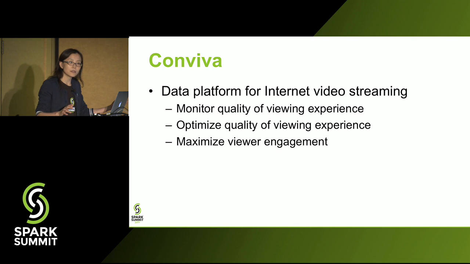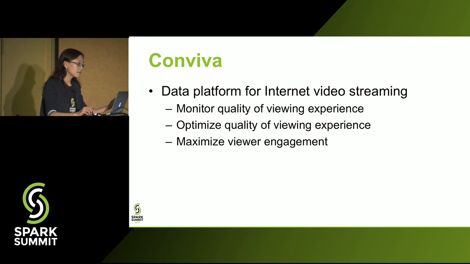As just mentioned, with Auto Alerts we deal with the issues in internet video streaming, but that's just a part of what we do at Conviva. From an engineering point of view, we define Conviva as a data platform. We monitor the video qualities, we define the KPIs, and we compute the KPIs both in real time with second-level delay and offline with delay of minutes.